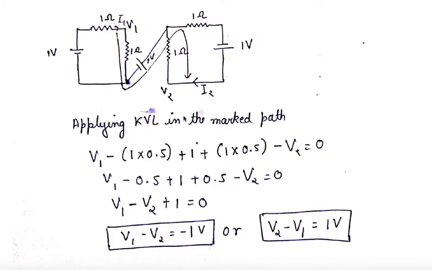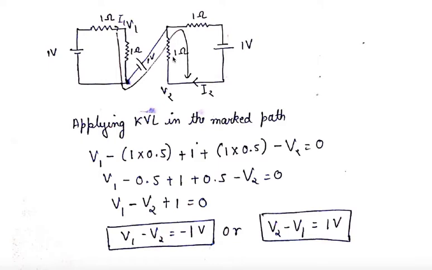our KVL. So it will start with V1, then we are going in the direction of current because I1 is going through this branch, so we are going in the direction of current, that is positive to negative, and positive to negative voltage polarity is negative, so it will come out as negative. Then 1 is the resistor value cross 0.5 current which is flowing through it. Then here we are going from negative to positive, so the voltage polarity will be positive, so it is plus 1 volt. Then we are going to our resistor value.